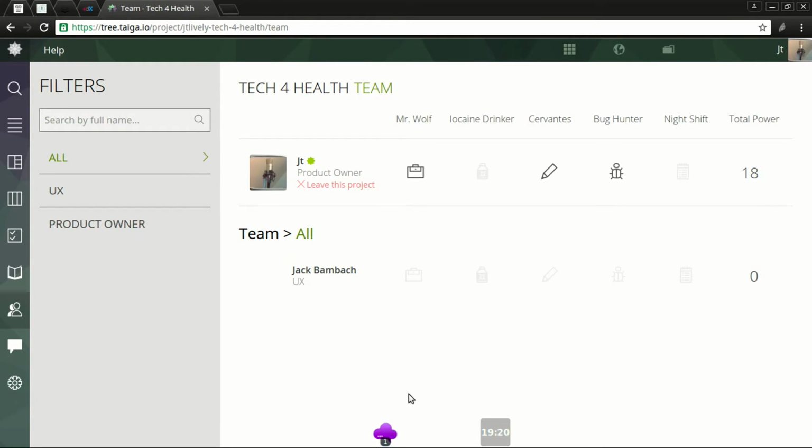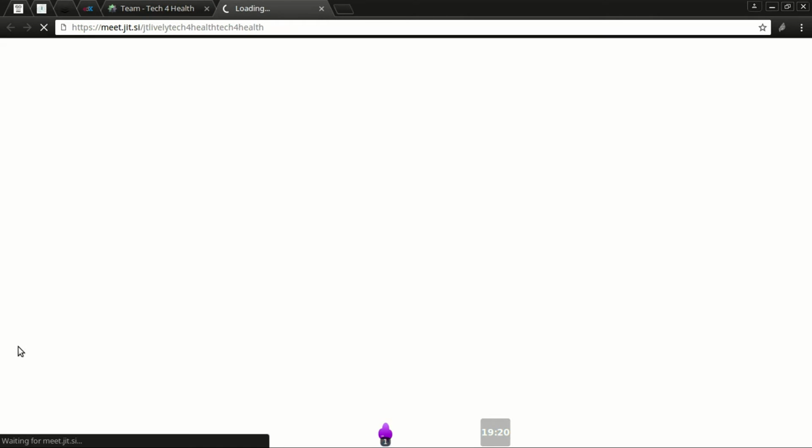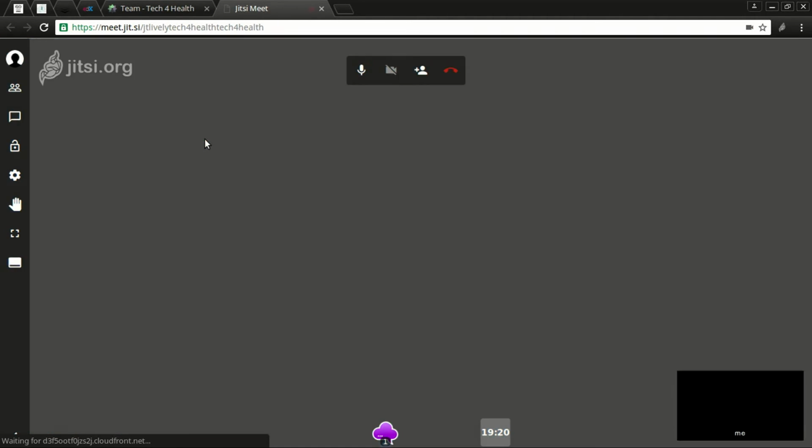The team: once everyone comes in, it's going to show everyone in here how many issues or how much stuff they've done. This is really just something to see what's been going on, if you want to see how active people are being. Last part, there's a meetup. This is for the video conference. This link, which has been created, is built on